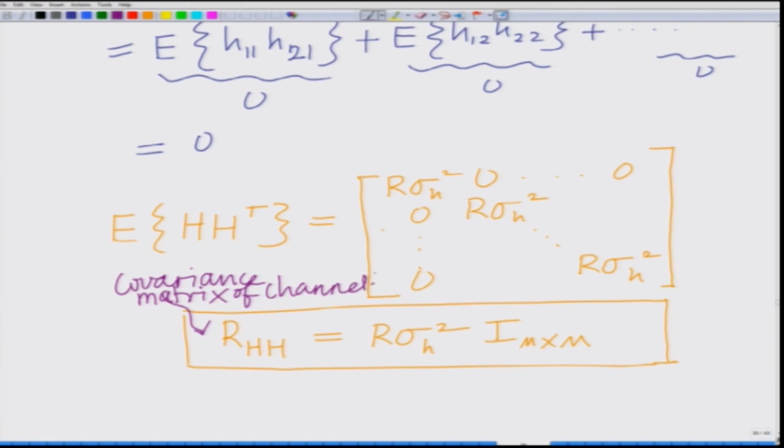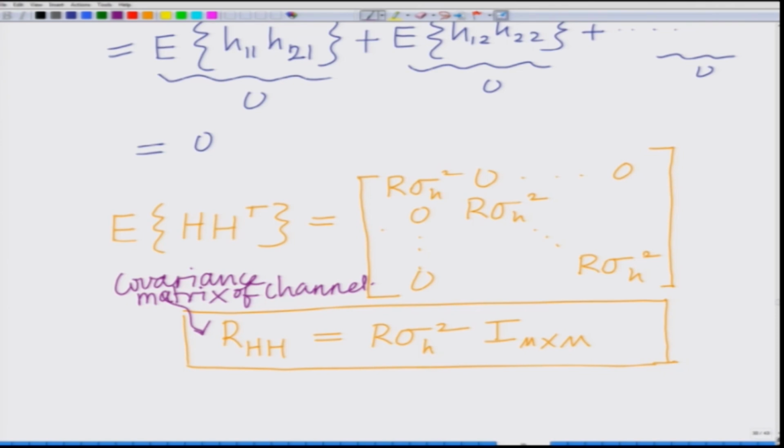Okay, R_HH equals R sigma_h square. This is the covariance matrix of the channel, or this is basically your channel covariance. Okay. Now, let us look at the covariance matrix of the noise, that is expected value of V V transpose, because